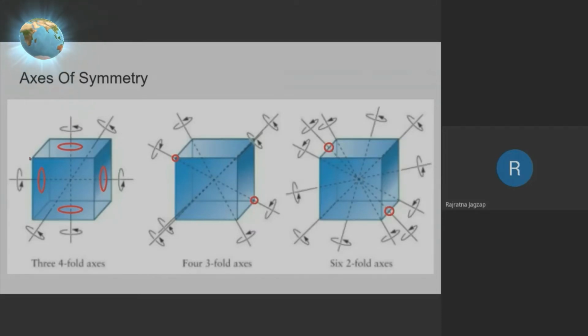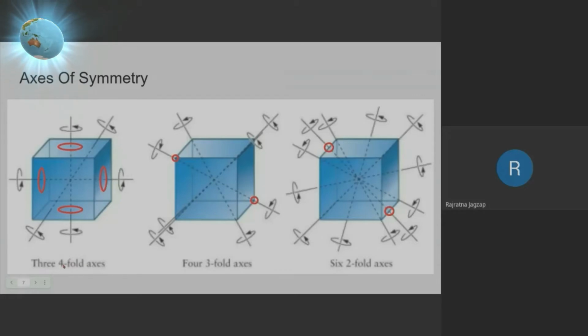So if we count, this is the first face. If you rotate, this is the second face. If you rotate further, the back face will come here, the third face, and then the left face. Further, if you rotate, the left face will come to the front. So rotate it, and you'll find that 4 times a similar face comes at this place, same shape and size, a square shaped face, in one rotation. So we call this axis 4-fold symmetry. Look at the bottom. It should be 4-fold symmetry.